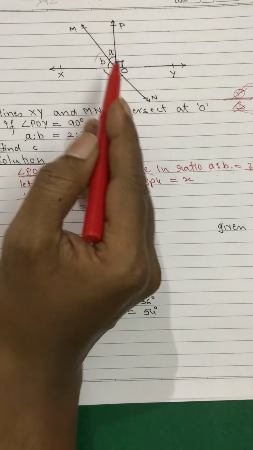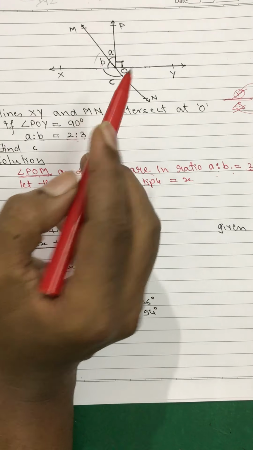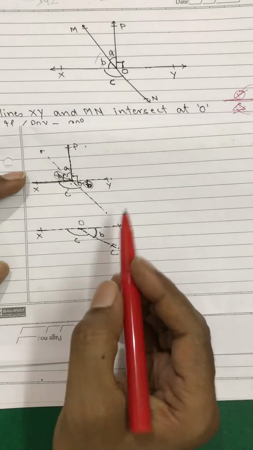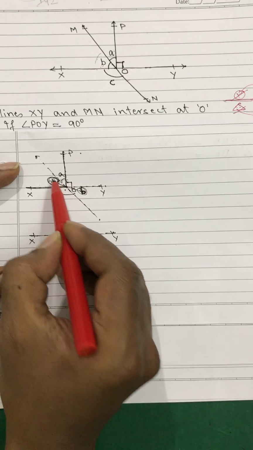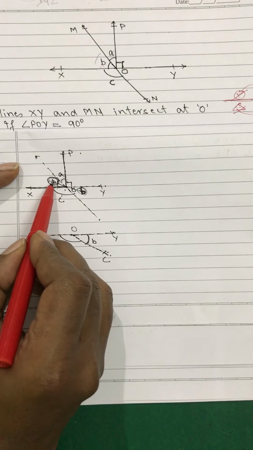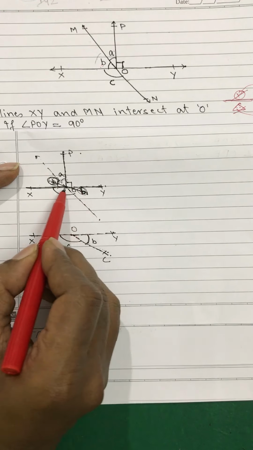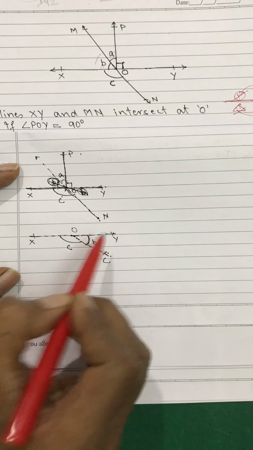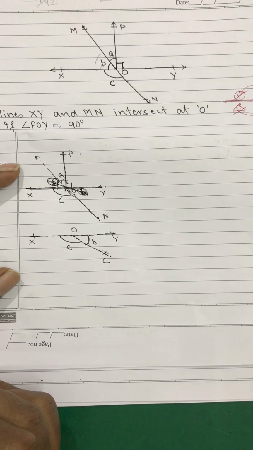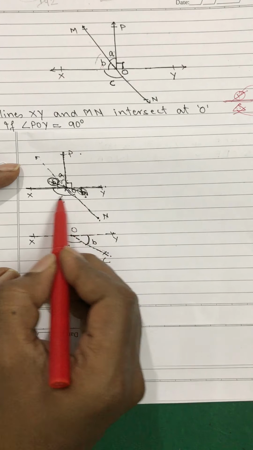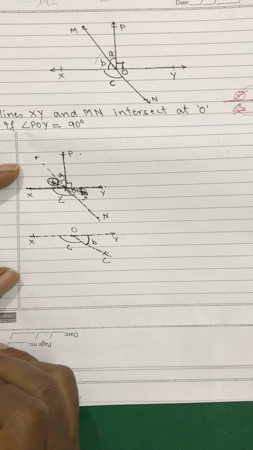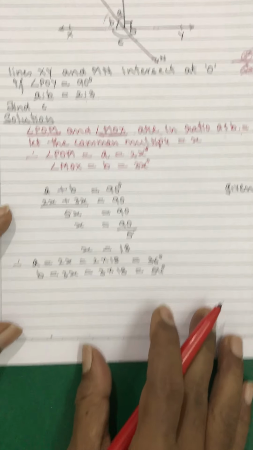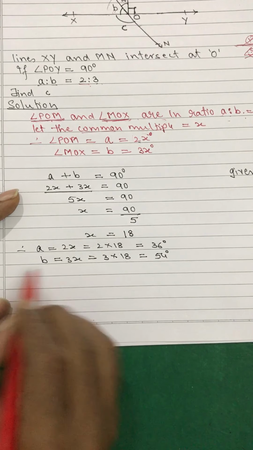So see now, as you should remember, what are we going to do? We are going to find the value of B first. This value of B will be the value of this angle YON. Fine. And then this and this will be angles in linear pair. Try to understand, my dear students. These and these will be angles in linear pair. So now this is done.